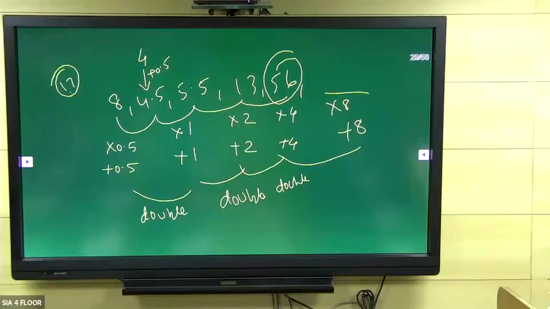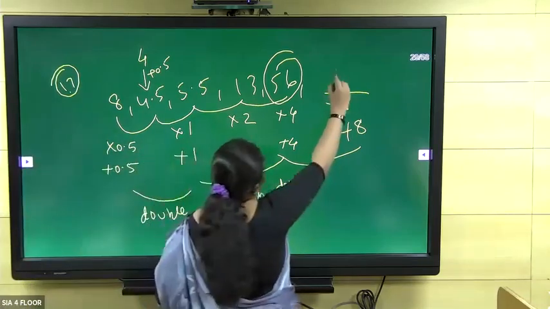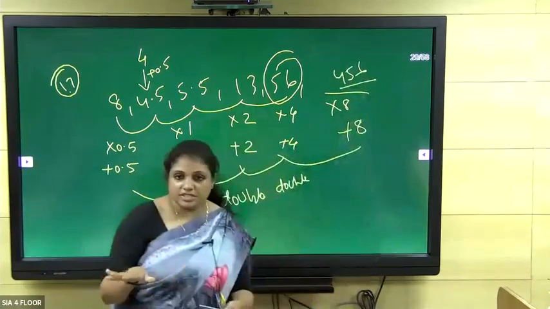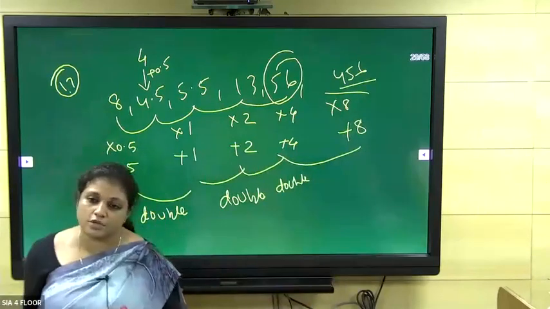What's the answer? 496. Is it right? What is the answer? Interaction is very less in your batch. What is the answer? 456. Okay. I think that is not there in the option. Yeah, it's not there in the option. You're telling that it's 456. Hope it's right. If it is not there in the option, you can correct any one of the option. Fine.